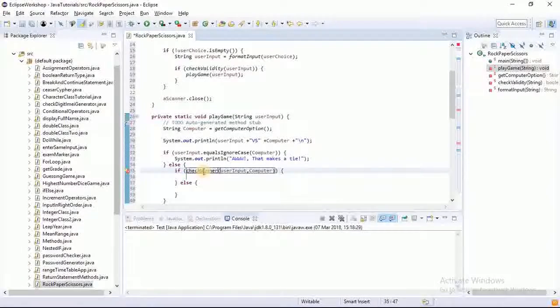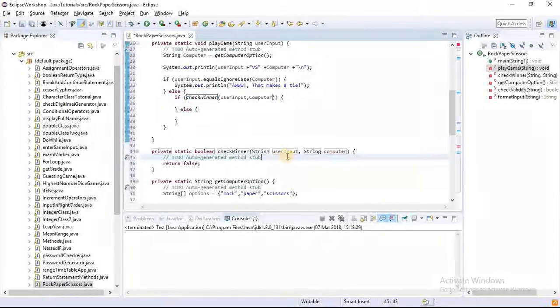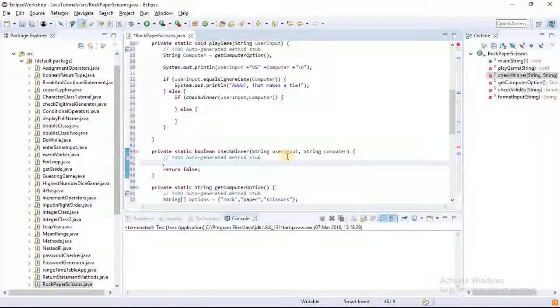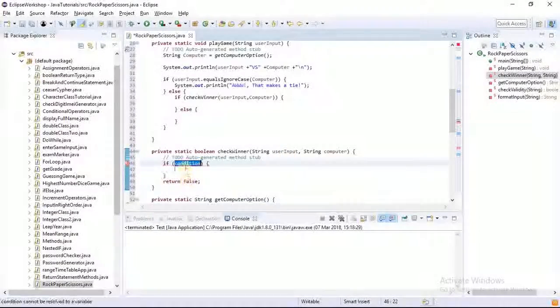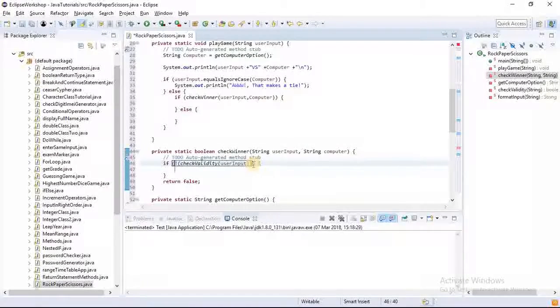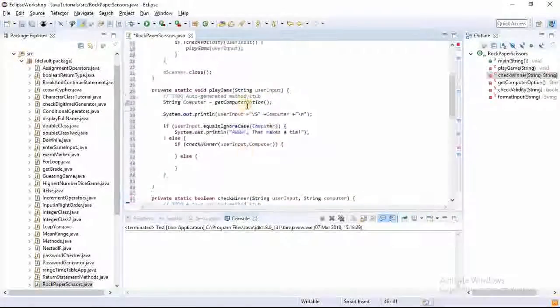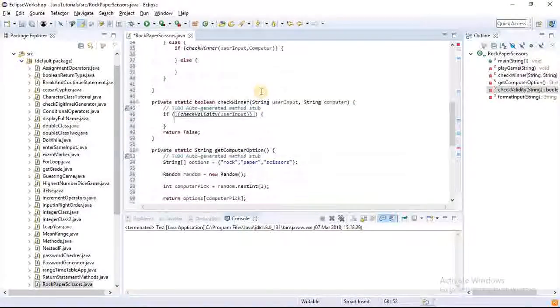Alright. So checkWinner, I'm just going to hover and then create the method called checkWinner. Now the checkWinner method works like this. First of all, we're going to have multiple if statements. I'm going to say if checkValidity. So I want to ensure, I want to check if the user input is not valid. So if it is not valid,